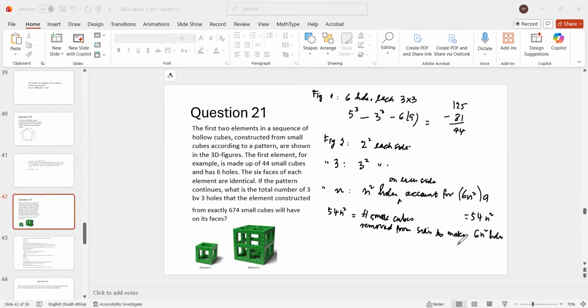In each side there's n squared holes. Okay, so now if you want to count in figure n,